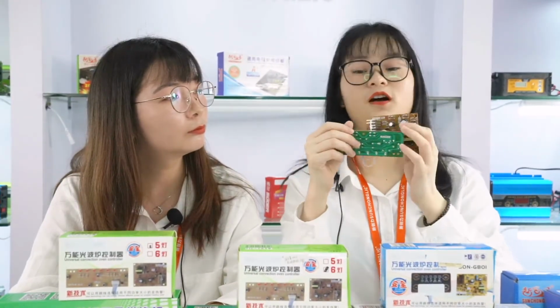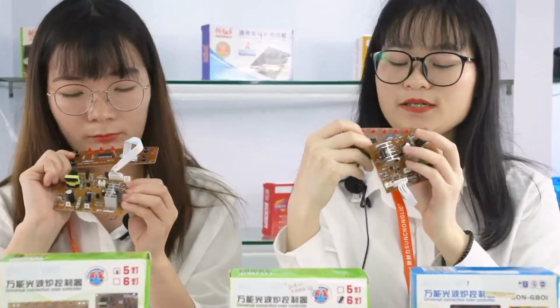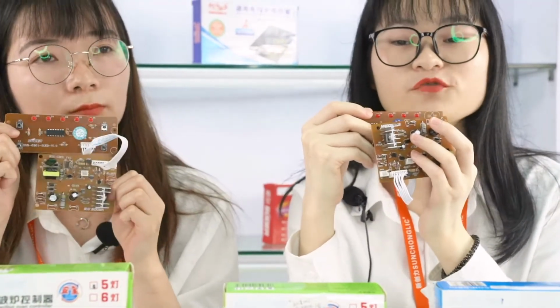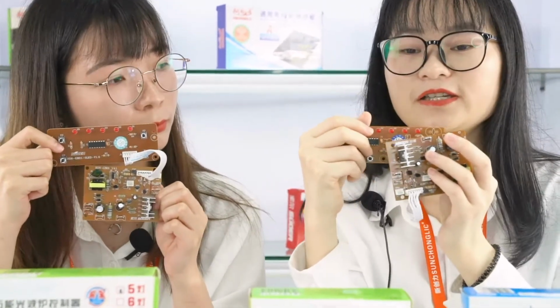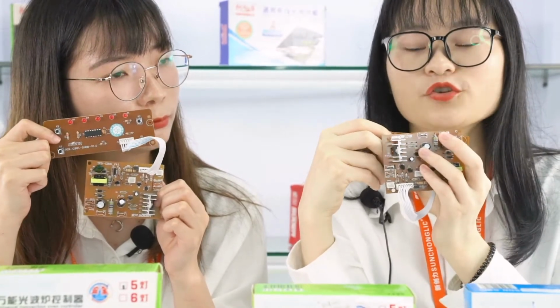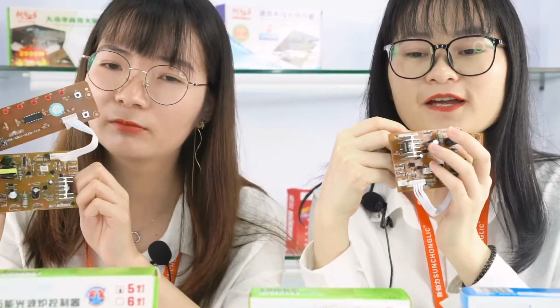And we also have this one, SONGB01. It's the universal control board. These products can be used together with the heating tube and the 18-volt cooling fan, which we usually sell widely. Please look at the main board of the PCB control board. As we can see on the display here, we can choose the functions for the 5 LED and the 6 LED. It can be warm, soup, porridge, hot pot, barbecue, stir frying, and